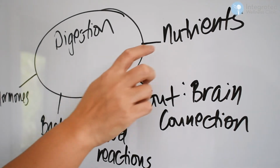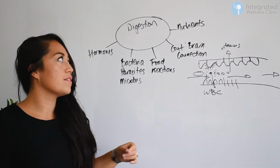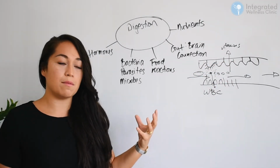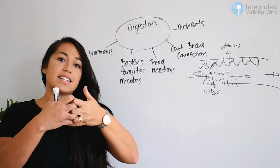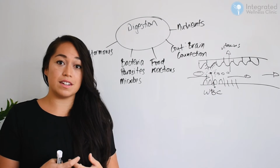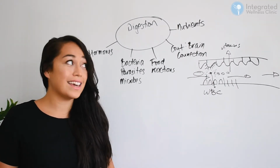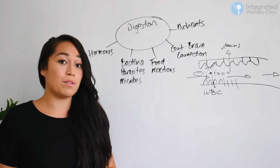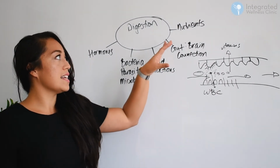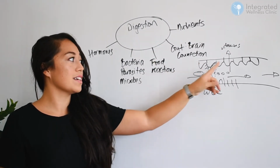The other area that we assess is nutrients. These junctions along the gut lining are really important for keeping that gut integrity nice and strong. Lots of nutrients are needed to keep those cells nice and tight together. One of them being zinc, vitamin A, vitamin D is also really important as well. So we need to assess that the nutrient status of the person is strong to keep those gut lining cells